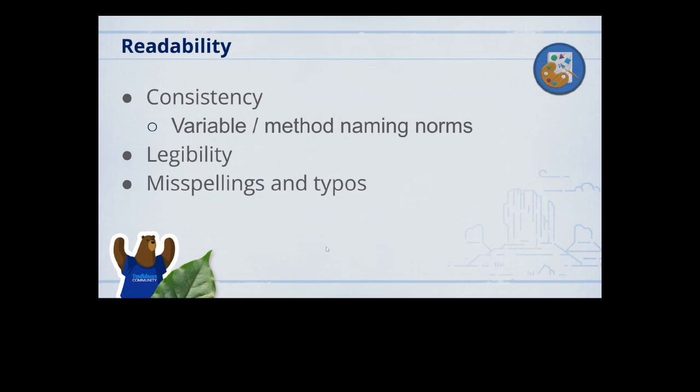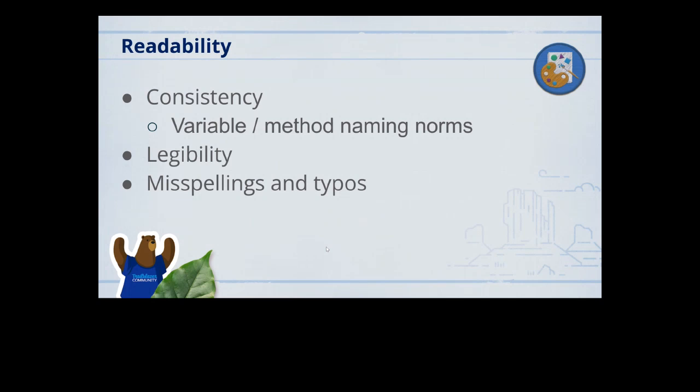So what do I mean by readability? This means that across your entire code base, you want consistency. There is no wrong or right way to name things. There are industry best practices. There are Salesforce suggested things like naming triggers a certain way, naming classes and helpers a certain way. But there is no wrong or right way.